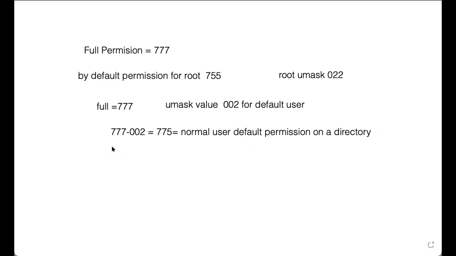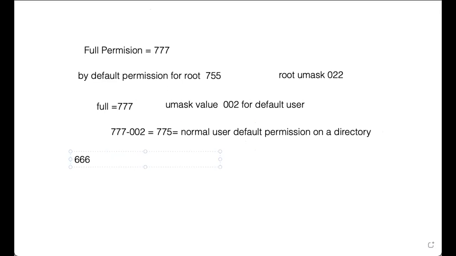For a file, we assume the full permission is 666, because we need only read and write for a file.